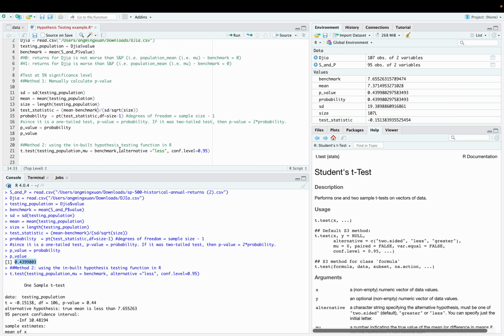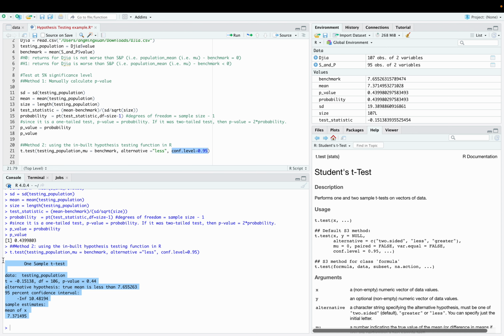Another method to test is to use the test function in R. This is t.test(parameters). The parameters are as follows. First, you put in the data, which is the testing population, then mu equals the benchmark, the alternative, which in our case is less, and then the confidence level, which is just 1 minus the significance level, so it's 0.95. Then the test will just run and it will result in the p-value being 0.404, which coincides with the